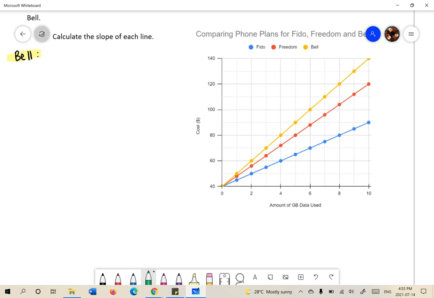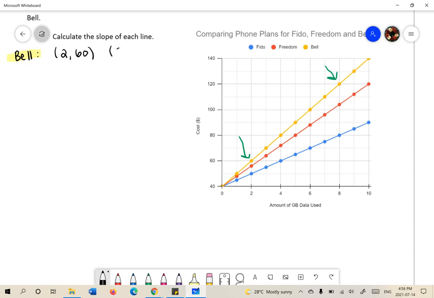Bell is the yellow line segment. I'm going to begin by picking 2 points. I'm going to pick this one, 2, 60. And I'm going to pick this one,